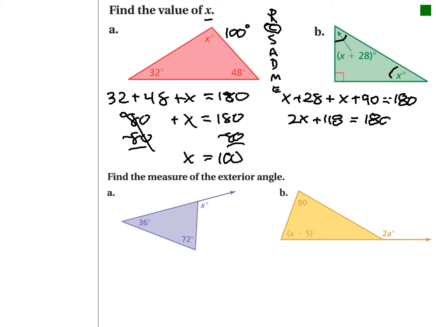All right, so now we have a two-step problem, and we're in the subtraction addition part of it. And so we're going to get rid of this 118 because we want this x on the left side here to be by itself. Minus 118, minus 118. And the 2x comes on down on the left side. We made the number 0. And 180 minus 118 is 62. And so now we're going to